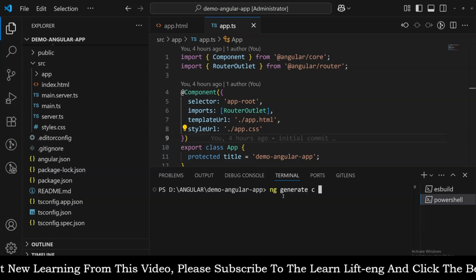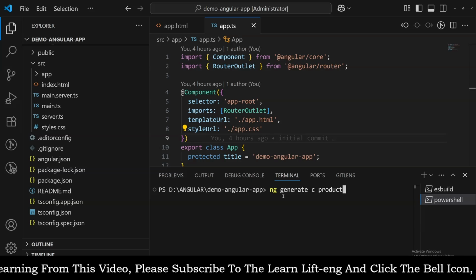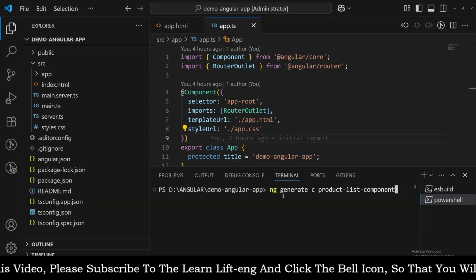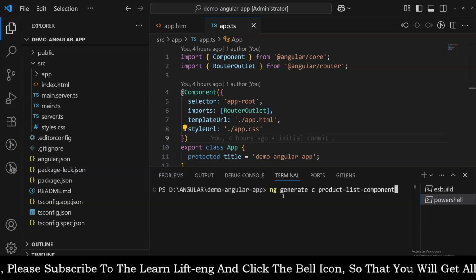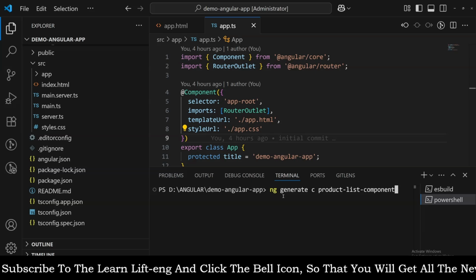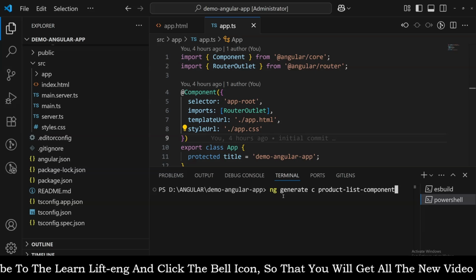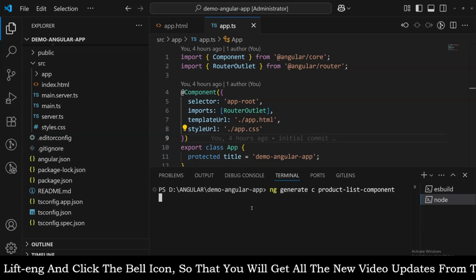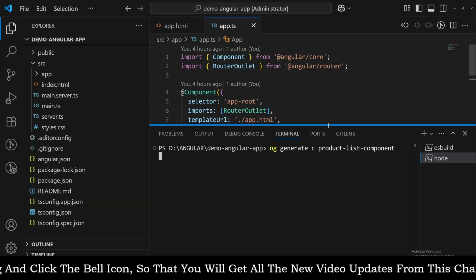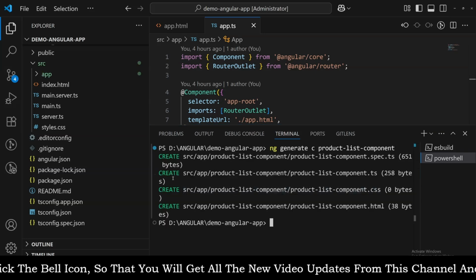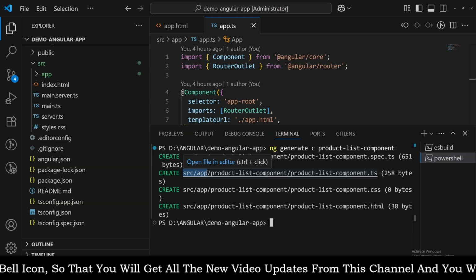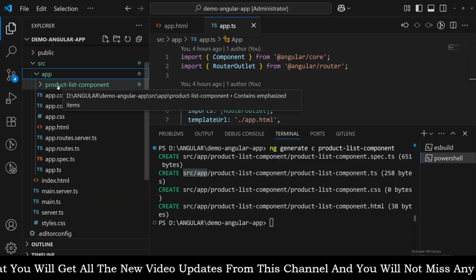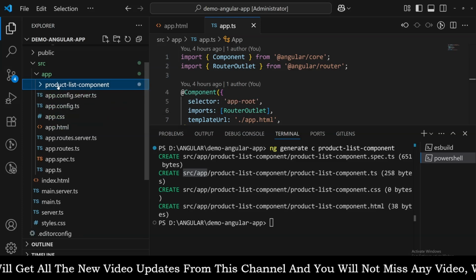So now we'll try to create a product list component. I have typed the full component name over here, and I'm hitting the enter button right now. As you can see, when I hit enter, it is going to create the component files. In src app, if you look, we have a product-list component folder as well. So it has created a folder